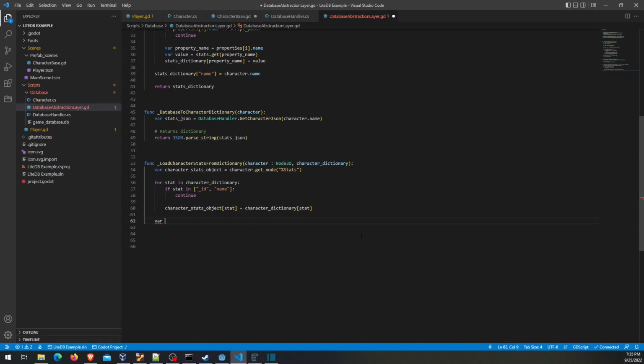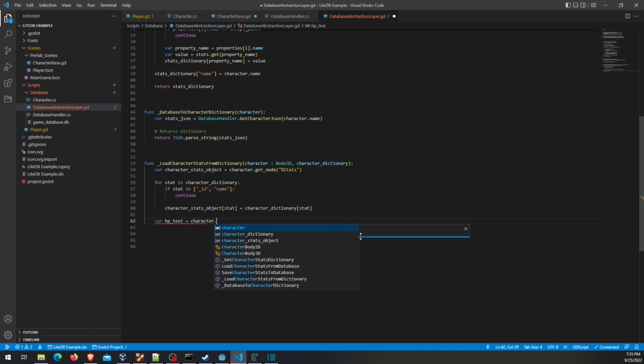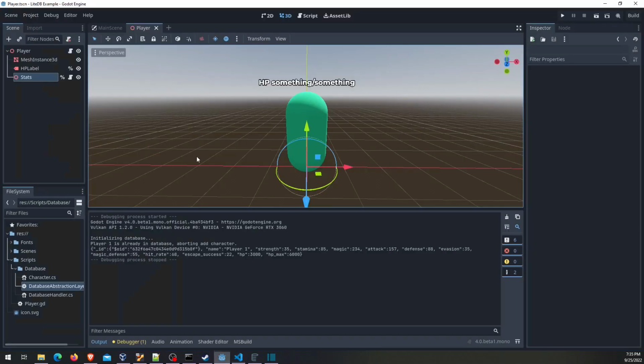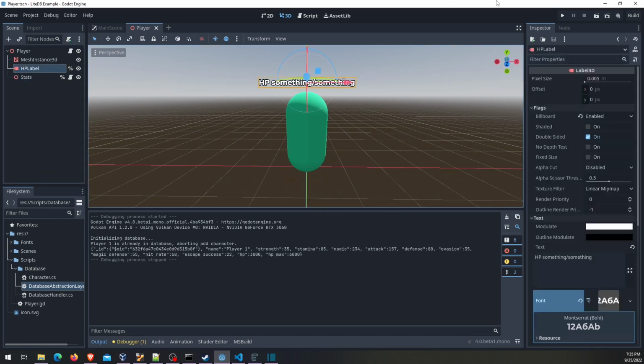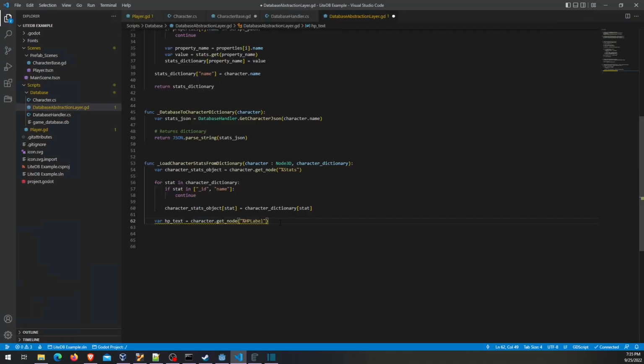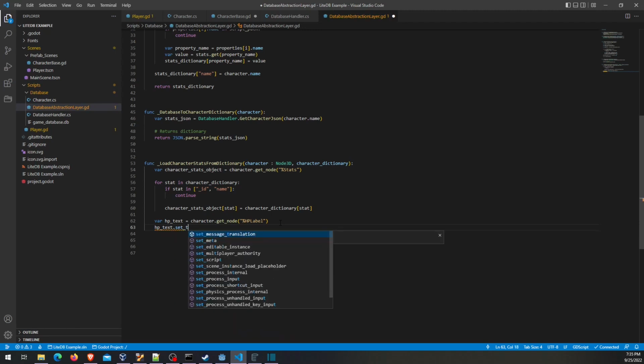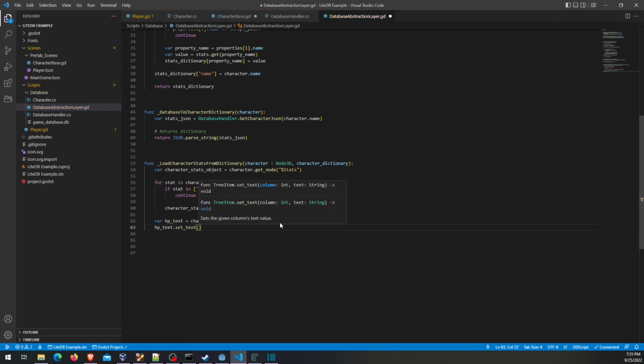Now we want to set the HP text. So let's get the actual game object there. The character we passed in, get the node HP label, just like we called it in here, right there. So that'll give us that object, and now we need to set the text. So in Godot, there's a method specifically for that. So here's the object, HP text, set text, and then in here we just put whatever we want the text to be. So we need the